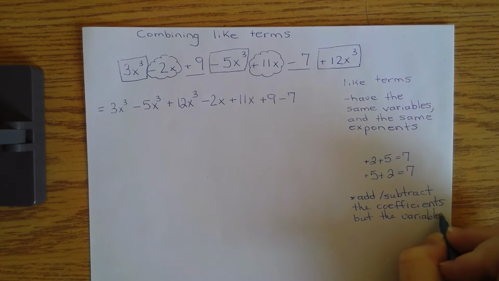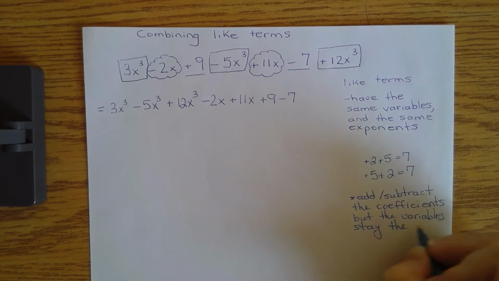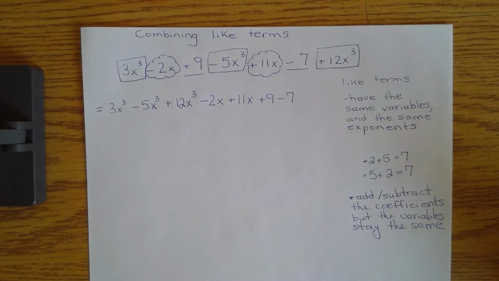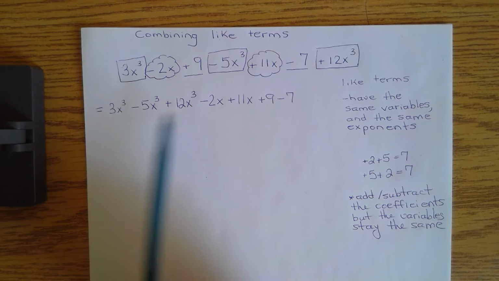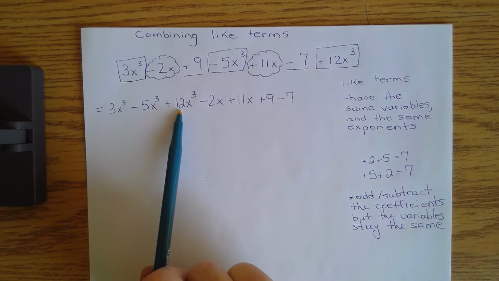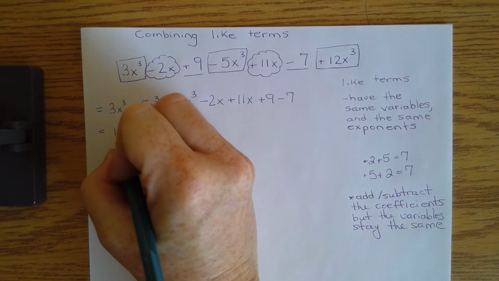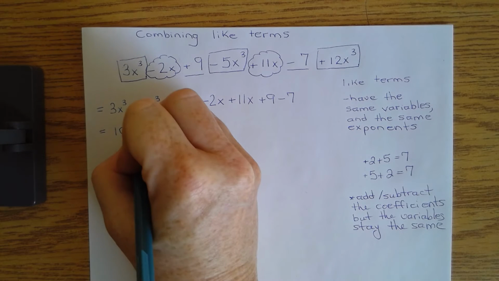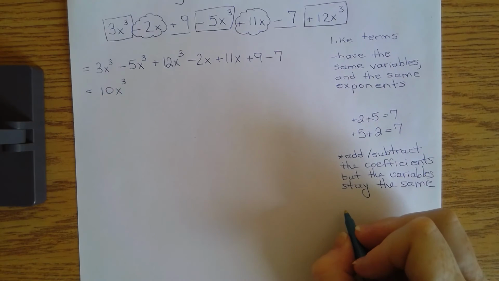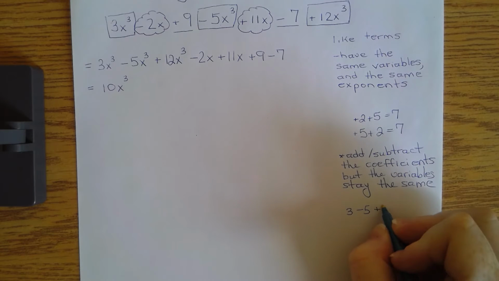So we're just going to work with those numbers. Because many of us still have a difficult time with integer rules, what I recommend is doing this in your head. So 3 minus 5 is negative 2, plus 12 is 10, and then check it on your calculator to make sure that you got the right answer. So then we would have 10 of these x cubes. I'm going to do the math down here. So I've got 3 minus 5 plus 12